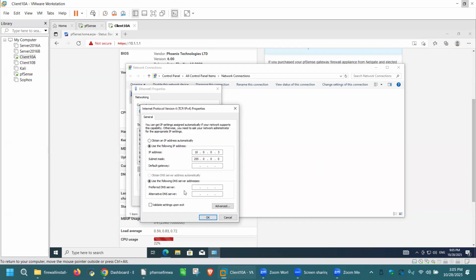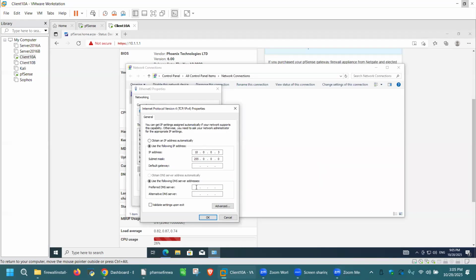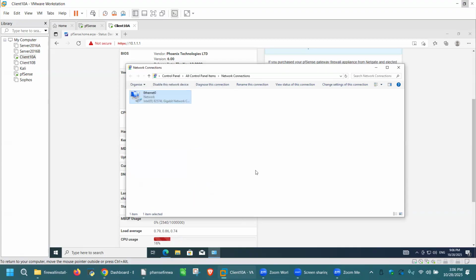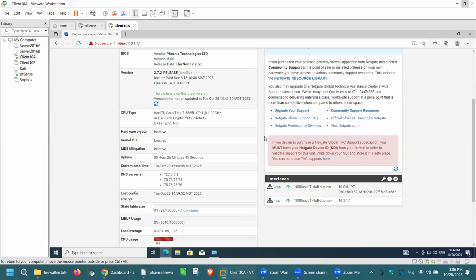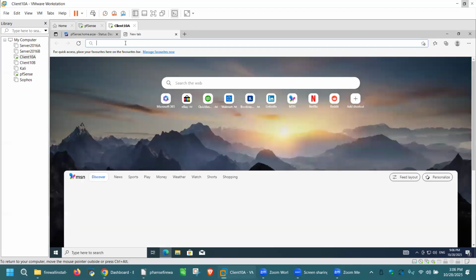So if you recall, when we were on our pfSense dashboard, our preferred DNS was, pop that up here, 75.75.75.75. Let me go back to that. We will enter that here. And then for our alternate DNS server, we'll go ahead and just enter Google's public DNS server 8.8.8.8. And let me go ahead and hit OK. Close there. And close here. And so now when I go to try to bring up google.com,